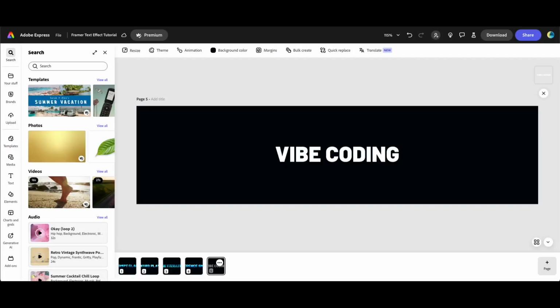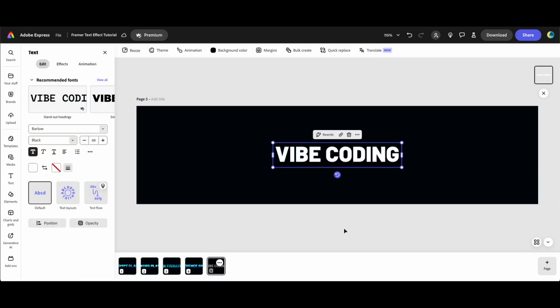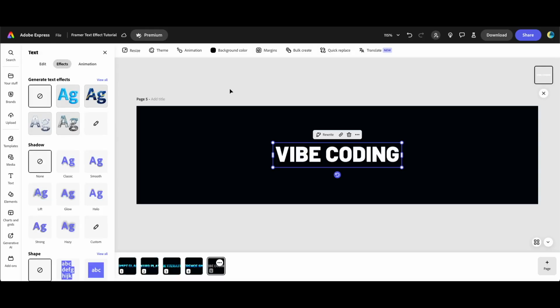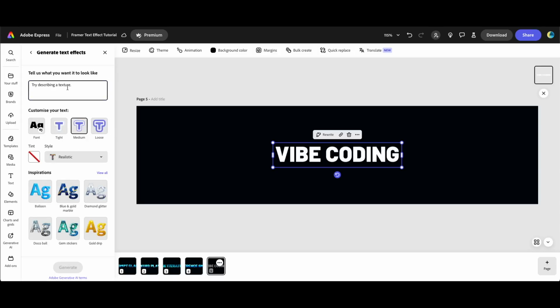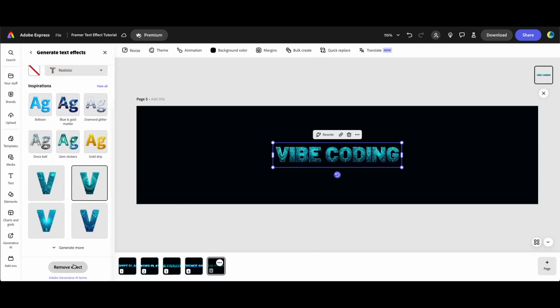Let's quickly check also how we can generate the text effect in Adobe Express. As you see, we have a regular text here. All we need to do is, after selecting the text, just click in the Effects tab. Then we can select one of the existing effects here, or as I did, just click in the pencil icon here to enter a prompt that I've generated with ChatGPT, the previous ones at least. After clicking the pencil icon, we can paste our prompt here, and either by pressing Enter key or the Generate effect button at the very bottom, we can